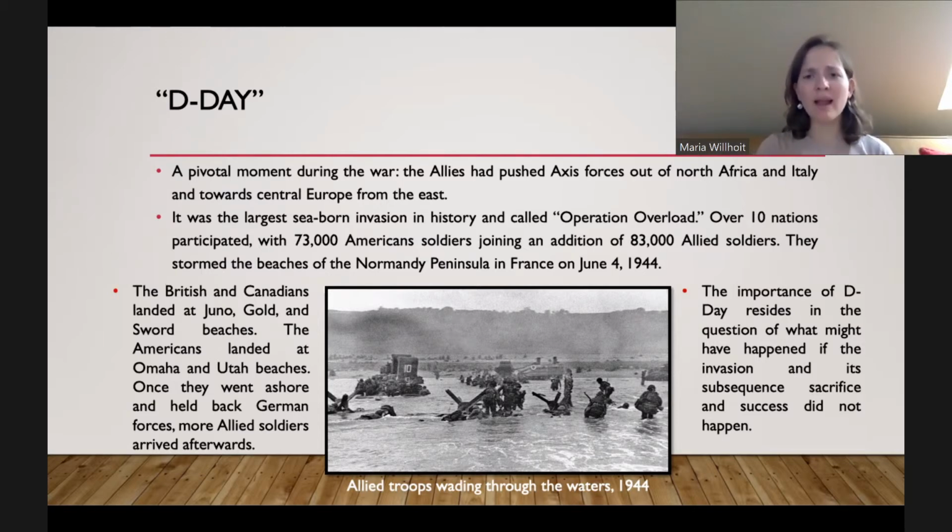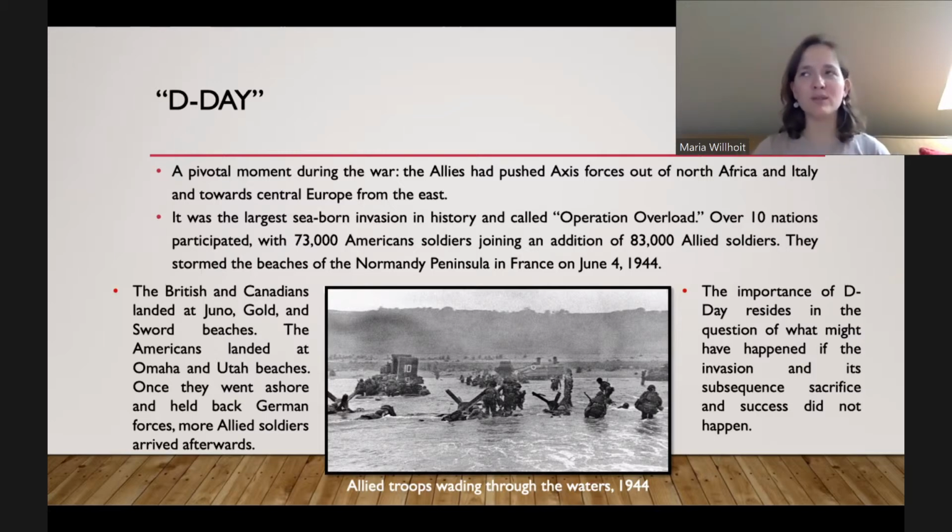And it happened on June 6th, 1944. And it was just a large assault, and a lot of people died. But again, it was very important. The American forces took over the beaches. I don't know how they named them, but America landed on the Omaha and Utah beaches. That's not what they are called today in France, I believe, but that's what we call them. The British and Canadians landed on the other 3 beaches, Juno, Gold, and Sword.